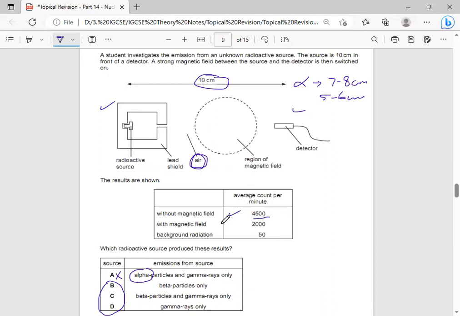Now with magnetic field, we know that alpha are positively charged particles, beta are negatively charged particles, and gamma rays are neutral. Alpha were absent. Now since beta particles are charged particles, they show deflection. But after deflection, the reading is not going to be 0 or equal to background radiation. So it means out of 4500,